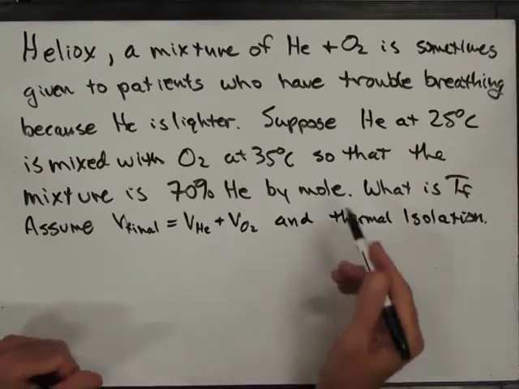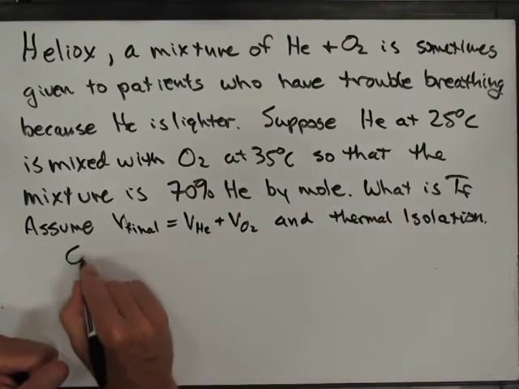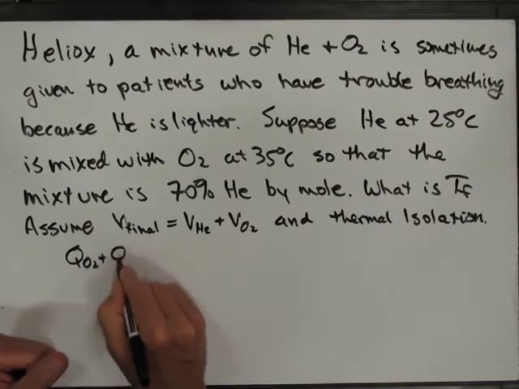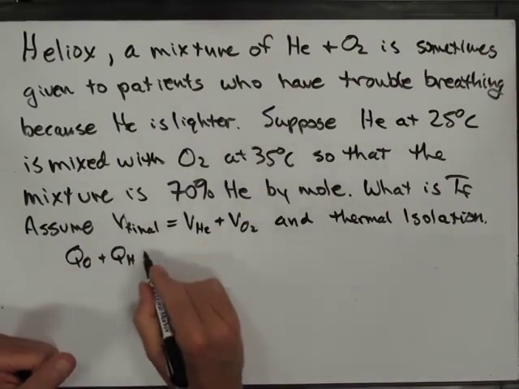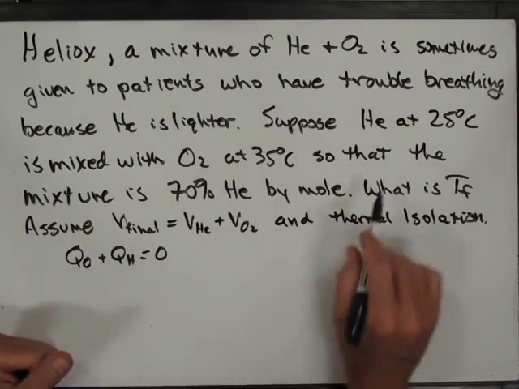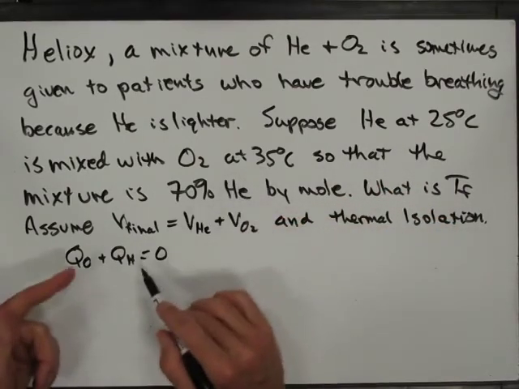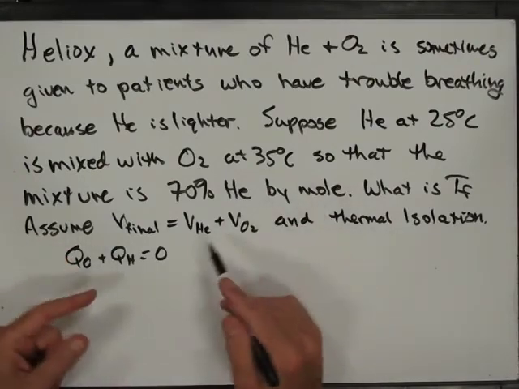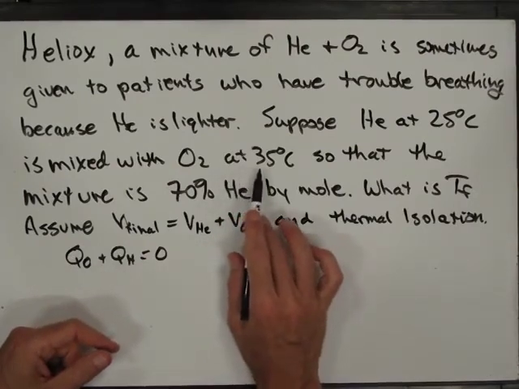And so this is, again, a heat capacity problem, a calorimetry problem, where we say Q for O2 plus Q for helium, I'll just use O and H, is 0. That is to say, the helium's cooler, so it's going to gain heat from the oxygen, which is warmer, and we want to know how they're going to mix. And the reason it's complicated is because they don't have the same heat capacity per mole,